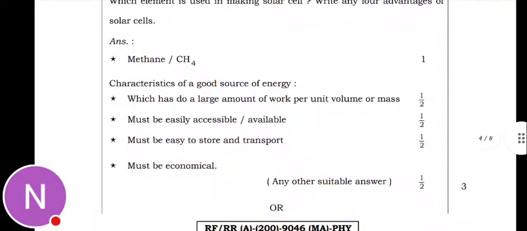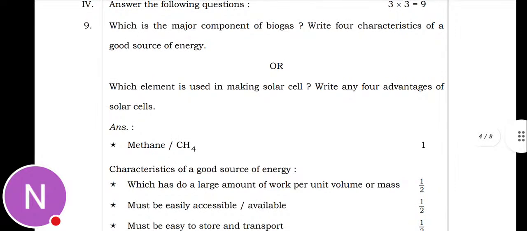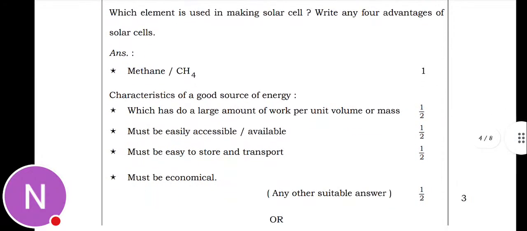And the characteristics of a good source of energy: it has to do a large amount of work per unit volume or mass. It must be easily accessible or available. The four major characteristics of a good source of energy, and it must be easy to store and transport, and must be